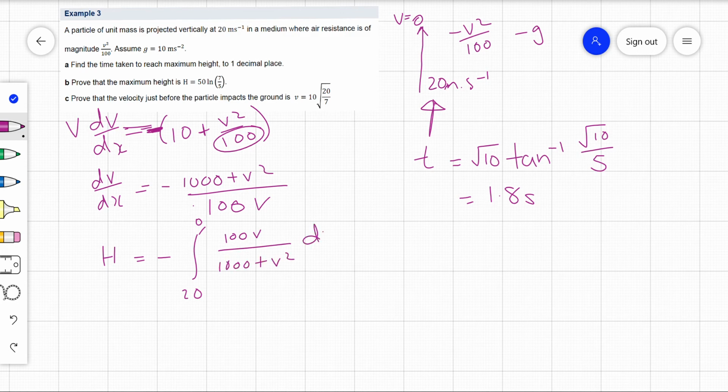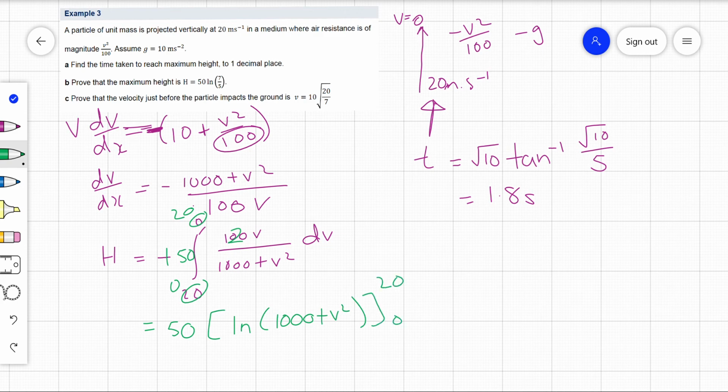So this time it is a log because I want 2v up the top there, so I've got 100, so I'll put 50 of that out the front and make that a 2 instead, so I've got 2v up there. So again, I can get rid of this minus by swapping these, making this 0 to 20 as well. Hopefully you're okay with me scribbling there. So I'm integrating 2v on 1000 plus v squared, which is log of 1000 plus v squared, from 0 to 20. So I've got 50 log 20 squared, so we end up with